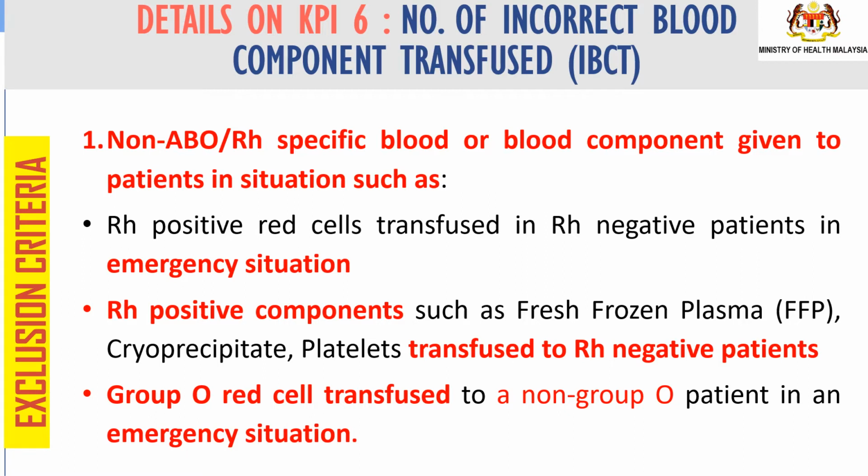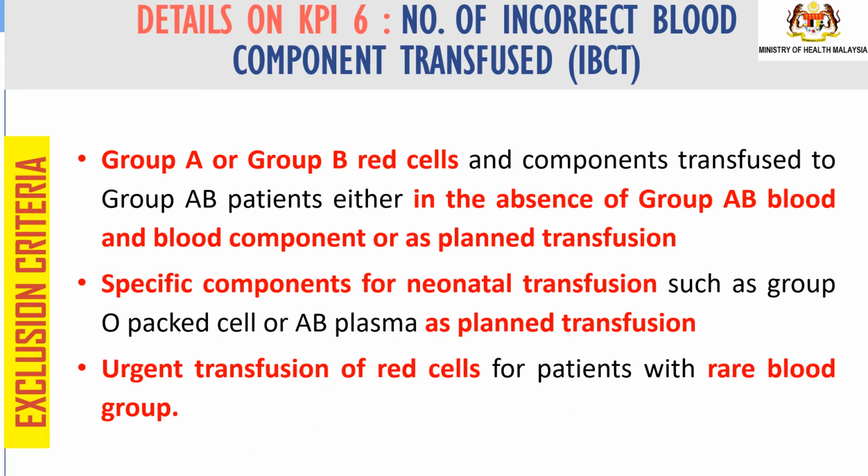non-ABO/RH specific blood or blood component given to patient in situations such as RH positive red cell transfusion to RH negative patient in emergency situation, RH positive components such as fresh frozen plasma, cryoprecipitate, platelets transfused to RH negative patient, Group O red cell transfusion to a non-Group O patient in an emergency situation, Group A and Group B red cells and components transfused to Group AB patient either in the absence of Group AB blood or blood component or